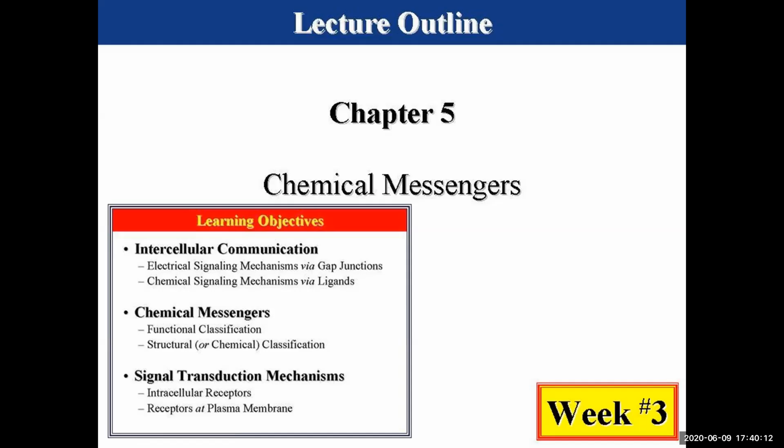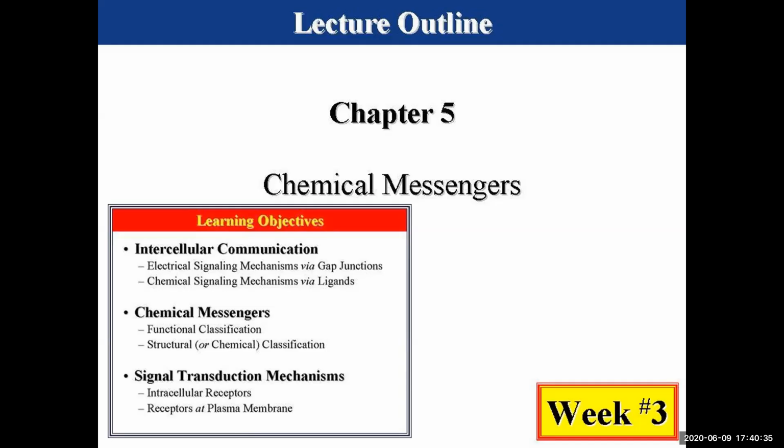Hi guys, chapter 5, going over chemical messengers. These are basically chemicals used by various organ systems to communicate with one another, meaning between the organs within